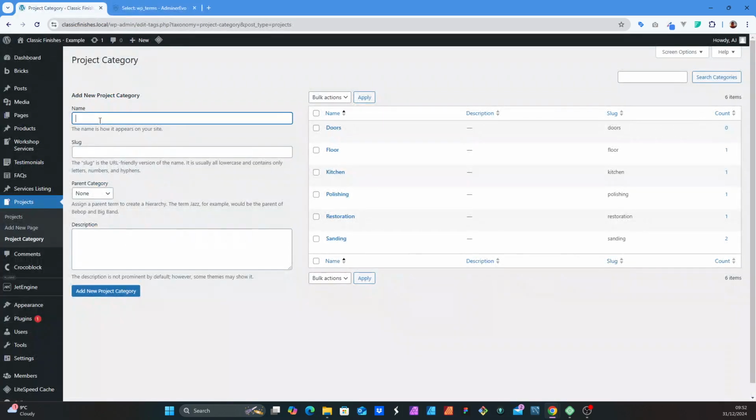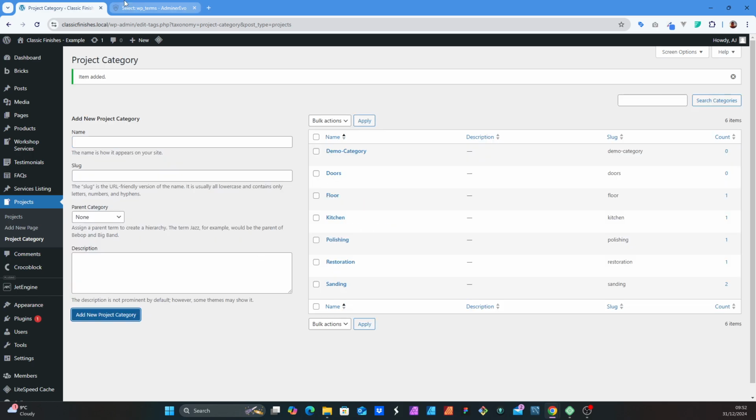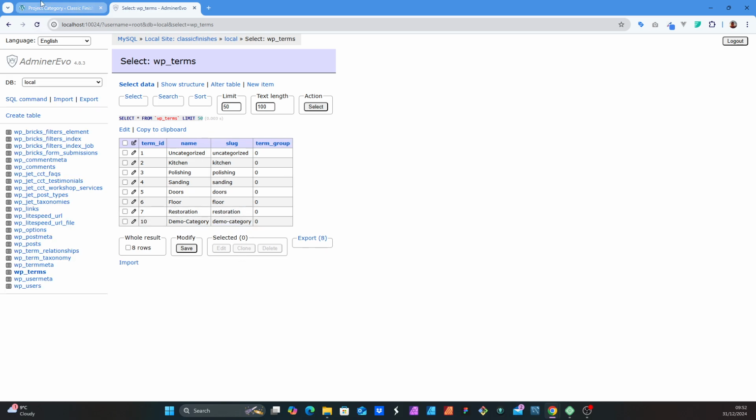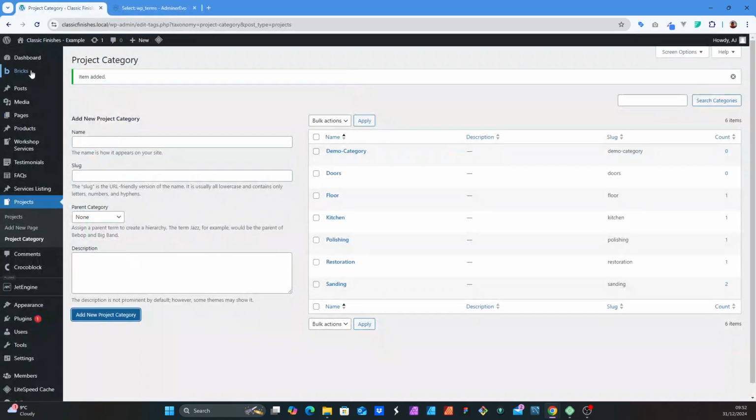Even if I add a tag from blogs, I'll show you, say, demo category. We could put a slug for that, and a description if you want, but let's add it. Let's refresh this. It goes over here, even though it's a custom post type, under the WP terms. Even if I do a post tag